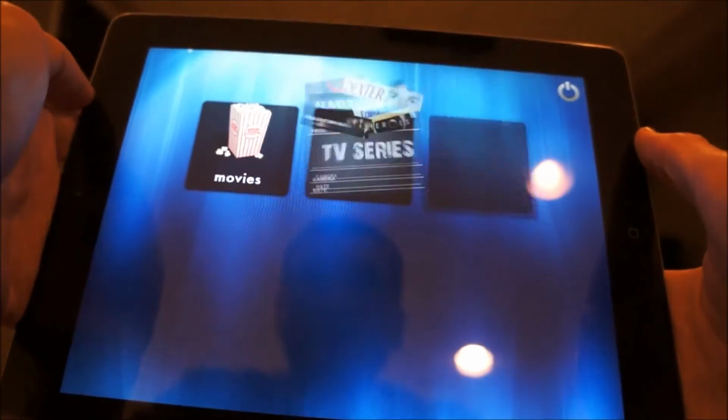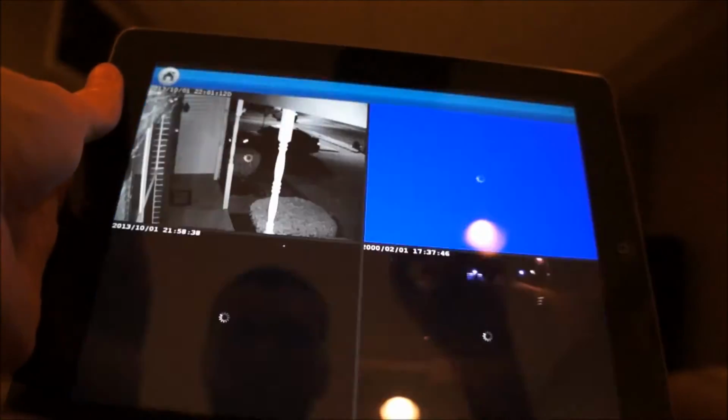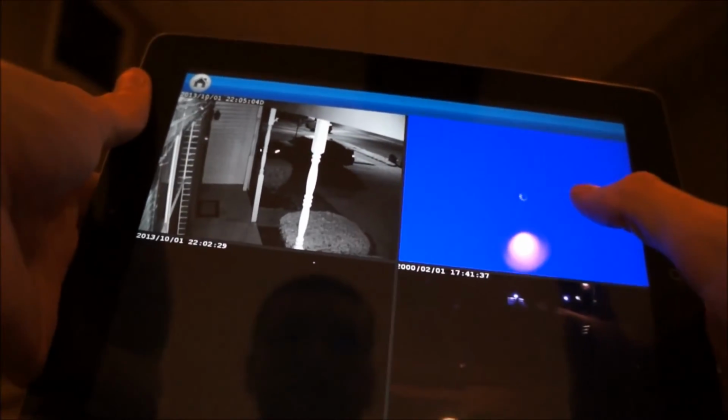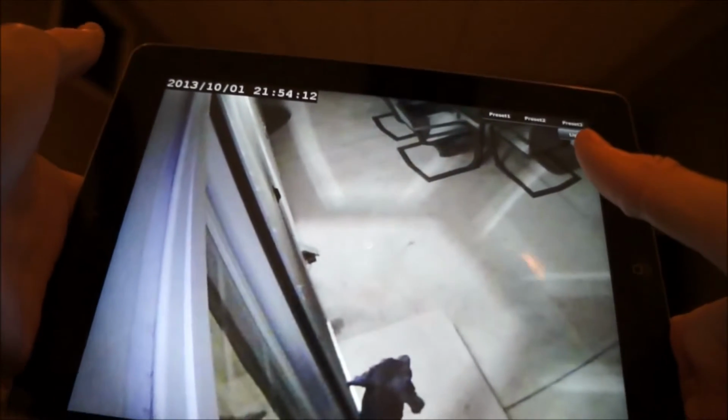Alright, so now I'm going to switch to security activity. I've got several TrendNet cameras set up. We'll just jump into one. We can double click it. We'll be able to see. So you can see I've got the